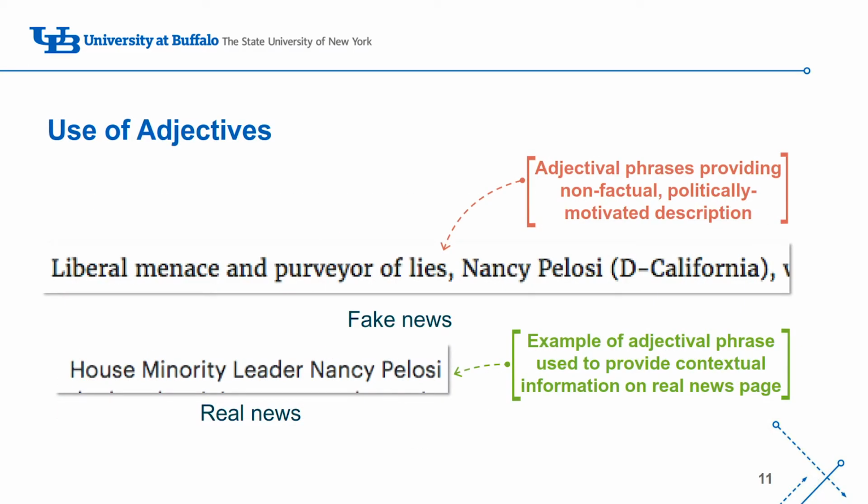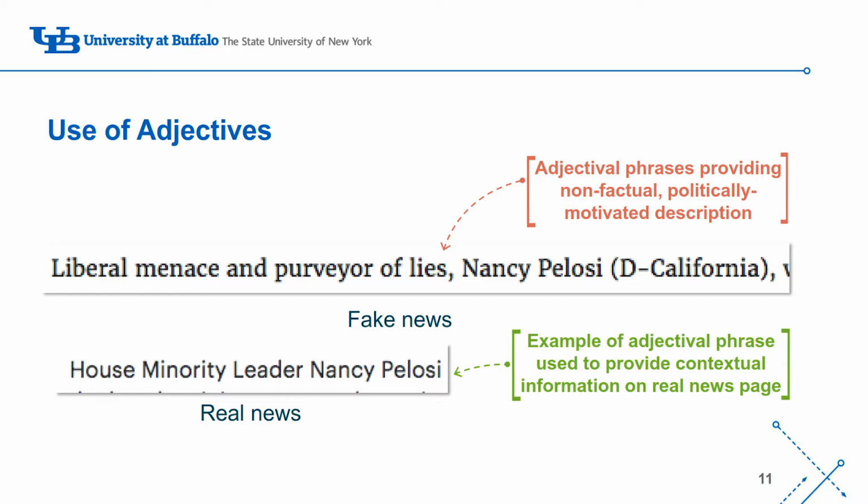We also have been analyzing the text using the usage of adjectives, and in real news, it is providing the factual, conceptual information that helps us to understand. For example, in this example, House Minority Leader Nancy Pelosi, I, as a reader, understand her position in Congress. I understand that she has some power. Versus in the fake news example, which is related to the same person,